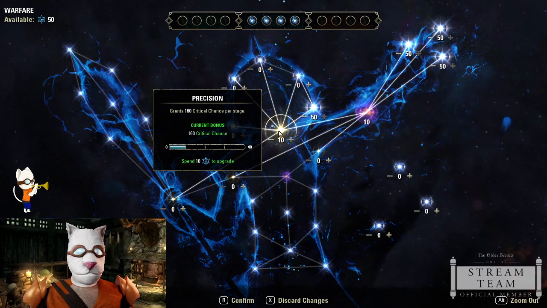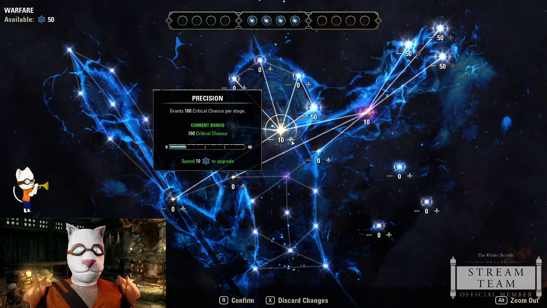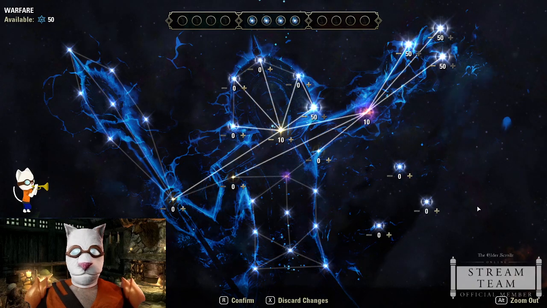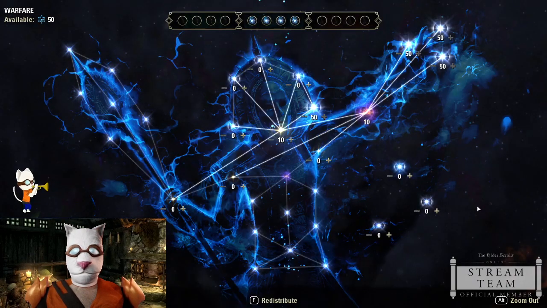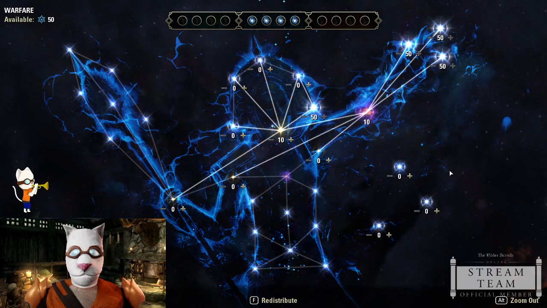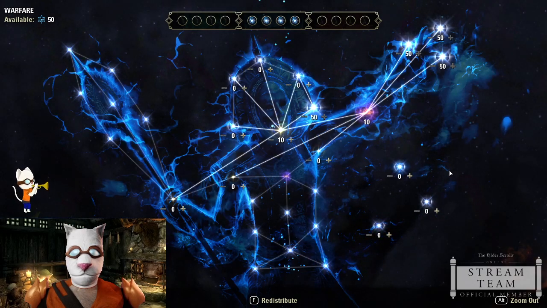Let's max out my crit chance. Actually, you know what? I've got 50 cents. Let me show you this. All right. So that's going to be my stuff. Let me confirm. Boom. All right. Let me confirm that. Now,